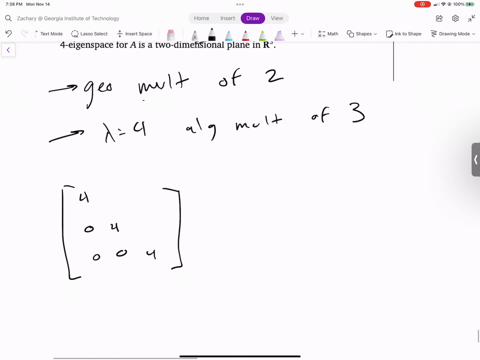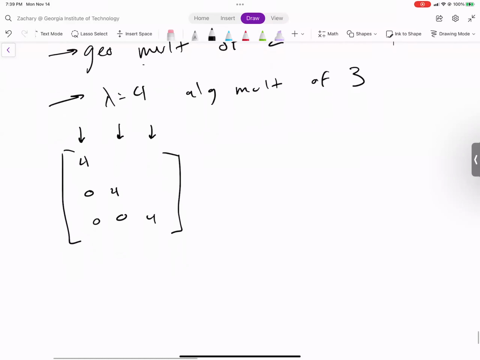So when we take A minus lambda I, how many free variables do we want? 2. We know we'll always get 1. We get a free variable when we subtract 4 here, because when you subtract it, that whole column is zeros, so you have a free variable instantly. That's kind of how this works in general. So what we need is only one of these to be a free variable when we take A minus 4I. How can I do that? All 4s everywhere? If I fill this in, how many free variables do I have when I take A minus lambda I?